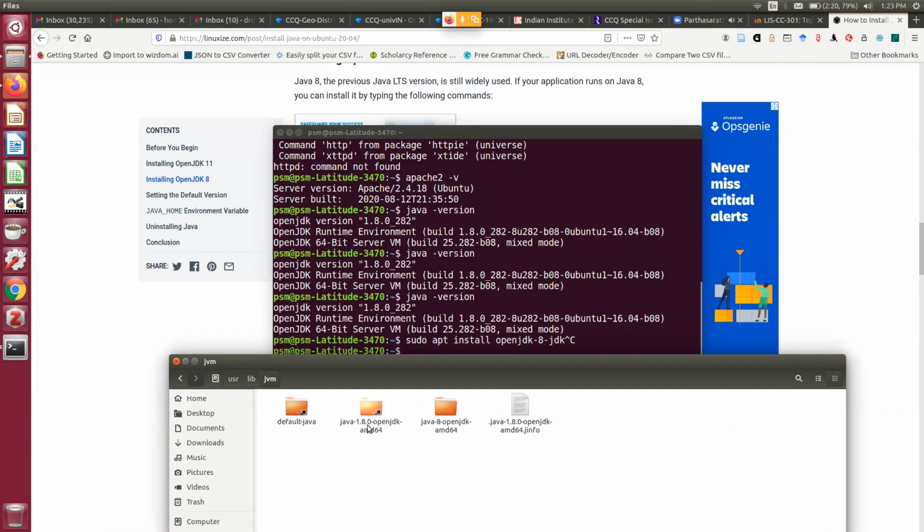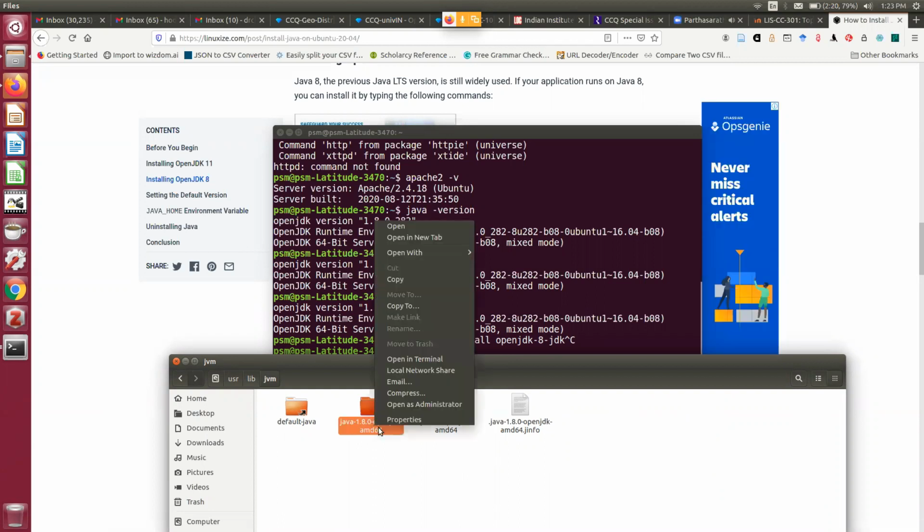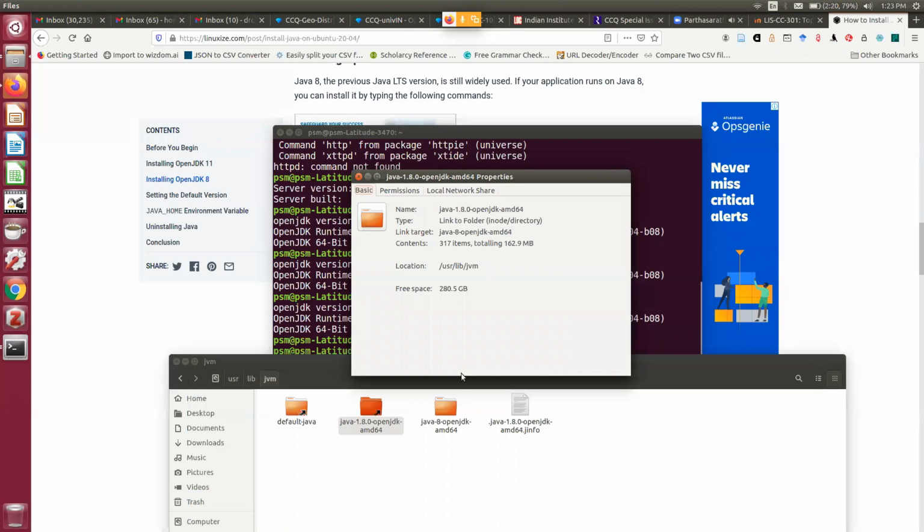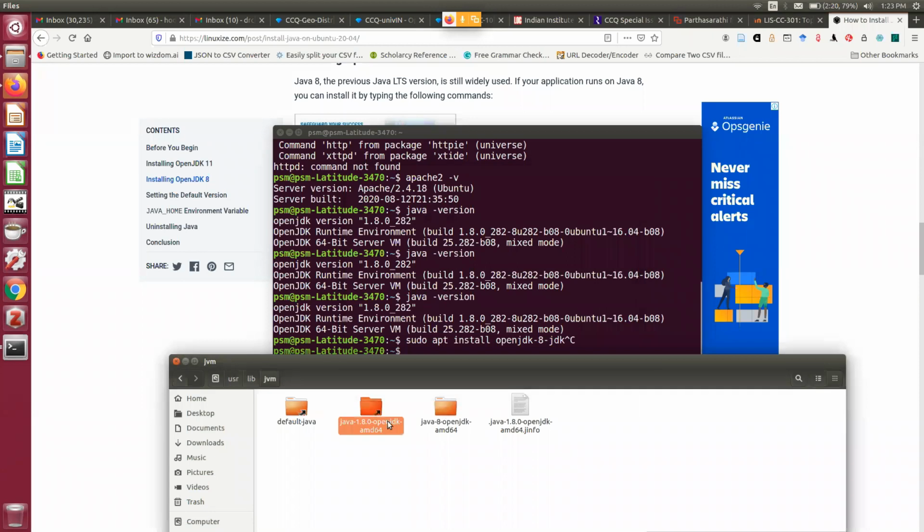Java 1.8, this is the linked folder, a hyperlink folder or symlink folder. It is actually giving a link to this folder. So here you can see this particular 1.8.0 is actually linking to this Java 8 OpenJDK. This is the folder.